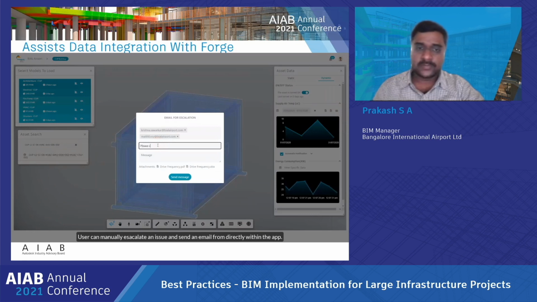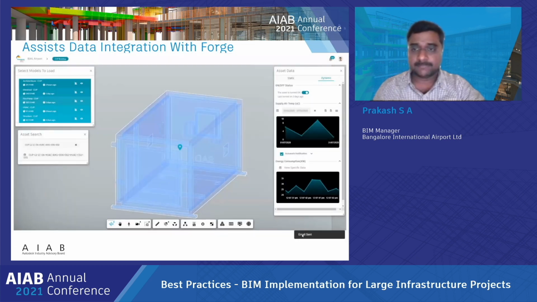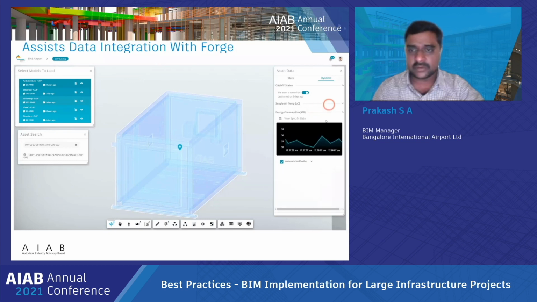So this is going to be for either the zone manager or zone supervisor, and he's going to allocate the particular resources for solving these kinds of issues. And this is how we make it a very simple kind of concept.